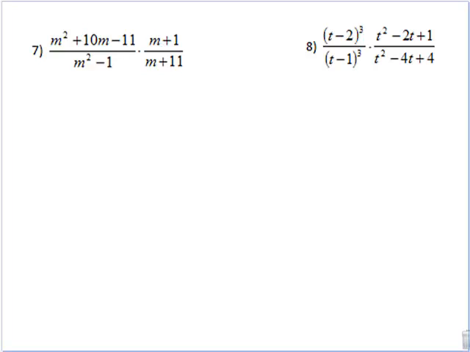All right, so let's get into some where we have to do just a little bit more factoring. So number 7, we've got m squared plus 10m minus 11 all over m squared minus 1 times m plus 1 over m plus 11. Okay, so as of right now, there's nothing we can simplify. There's nothing that can cancel right now. But what can